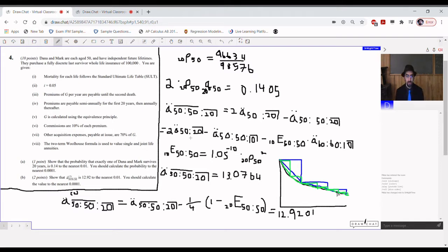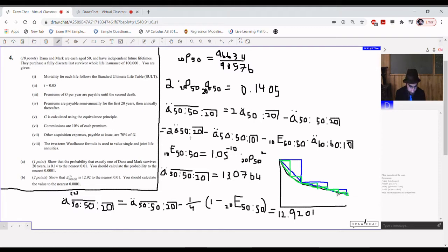G is calculated using the equivalence principle. Commissions are 10% of each premium. Other acquisition expenses payable at issue are 70% of G. And use the two-term Woolhouse formula for the single and joint life annuities to evaluate stuff when it's more than